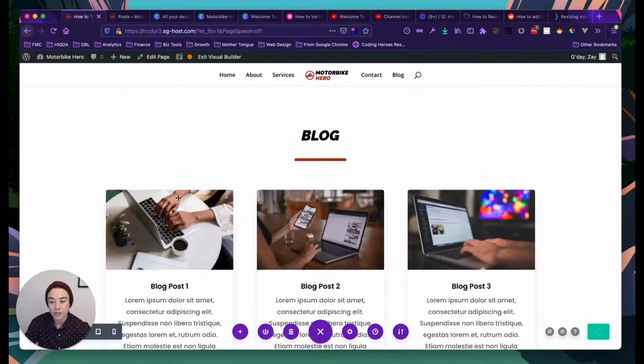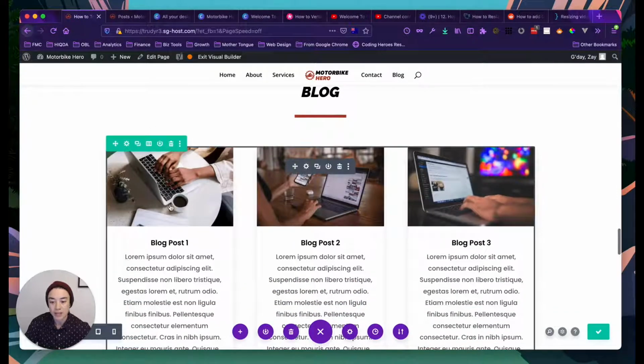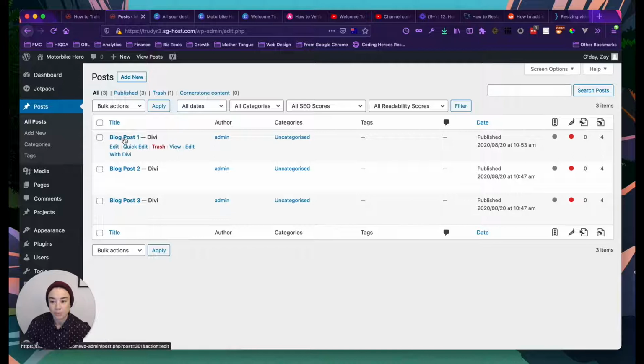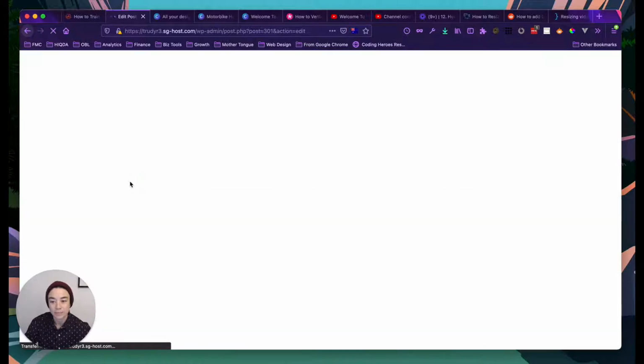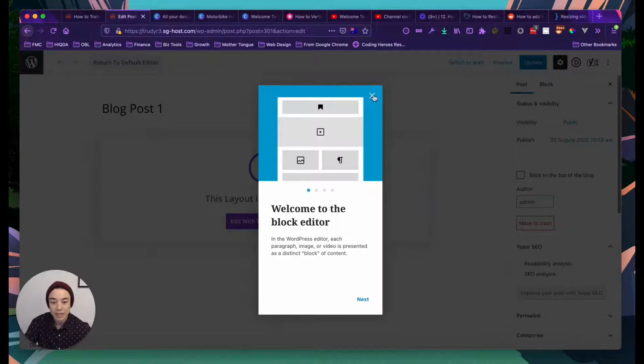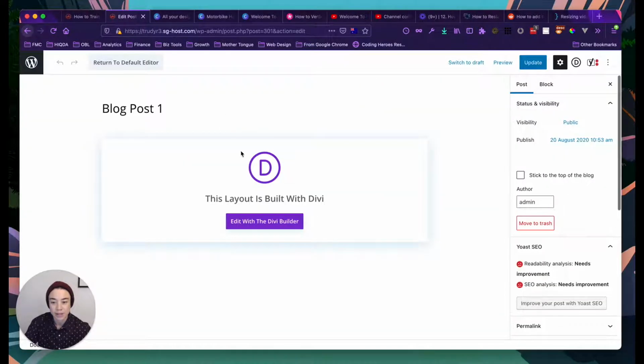Say I wanted to edit the title of this blog post and the image and the text here. If I go into posts, blog post 1, I'll click on edit. And what you'll notice is it's going to look quite similar to a page. This is the back end of a page. The only thing that I want to change here for now is blog post 1. I want to change the name of it to